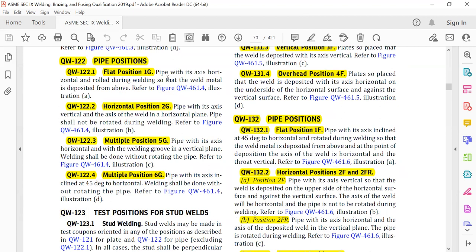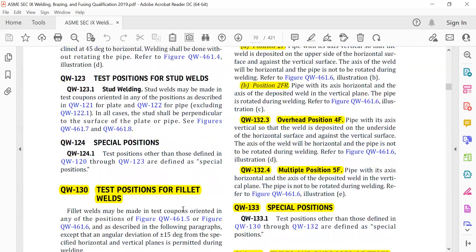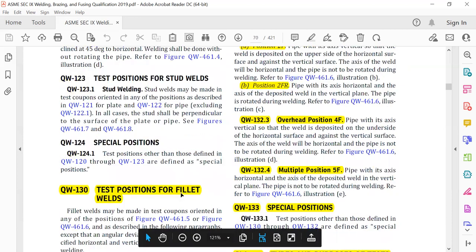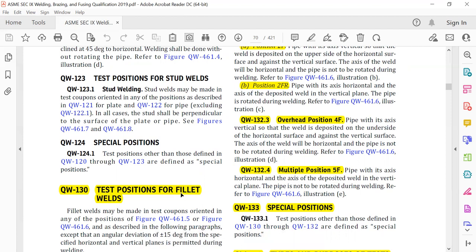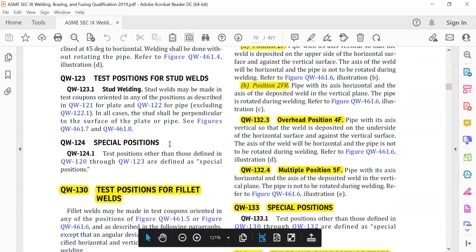Pipe position: flat position 1G, horizontal position 2G, multiple position 5G. 5G means 1G rotated is 5G, multiple position 6G. For stud welds, these are done with the machine, so these are not welded by hand. These are fillet welds, but directly done with